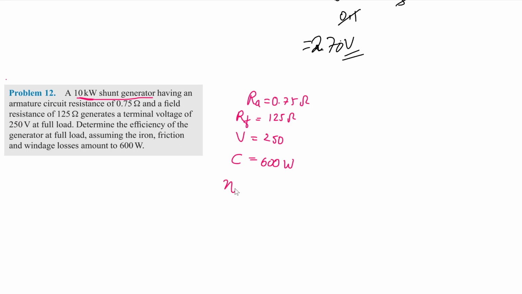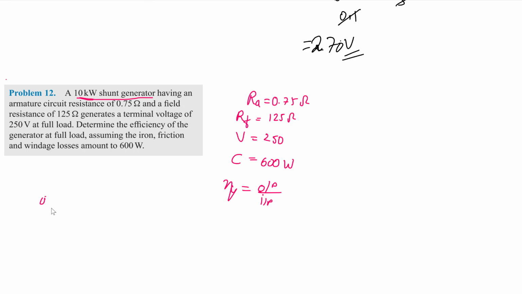So efficiency is basically output divided by input. So let us calculate that. So first of all we have to find all kinds of losses. The constant losses are given. Other than the constant losses, the losses are taking place in the windings of the armature and field. Okay. So the armature loss,